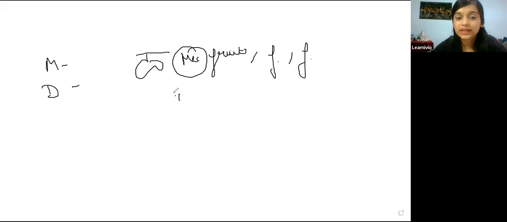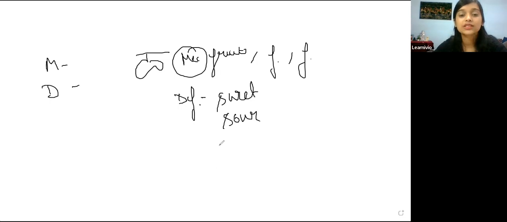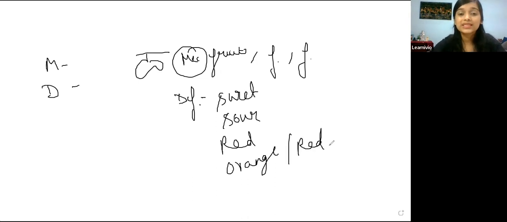But when it comes to definition, I'll ask you what kind of fruit it is. So you will say, ma'am, this is a sweet fruit. I'll say this is a sour fruit. Or someone will say this is a red color fruit. Someone will say this is an orange color fruit, orange and red mix maybe. So basically, meaning is what the thing is all about, the exact meaning, the description. And meaning you cannot change. Meaning will always remain the same. You cannot tell me that, ma'am, this is a book, or that this is a mobile phone. Everyone will say, ma'am, this is a fruit. So you cannot change a meaning.